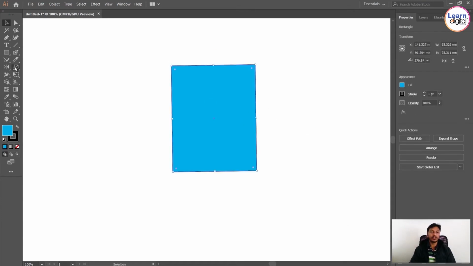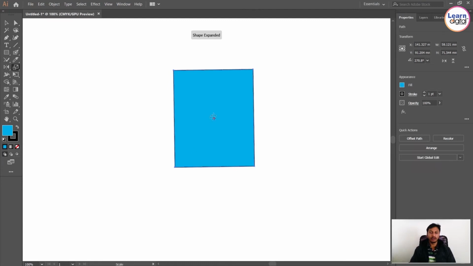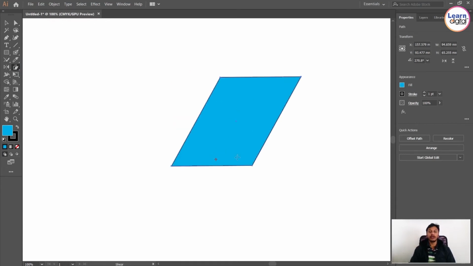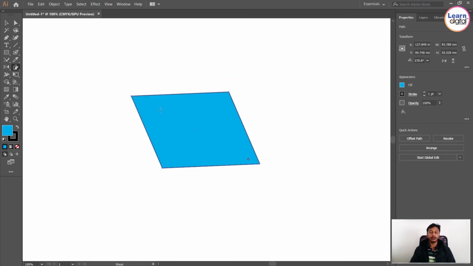Then the next one is scale. We just discussed scale, but if you are using this scale tool, click. This is our point, and from this area it will scale. If you click over here, now this will be the constant point. If you scale from that area, you can scale maybe horizontally, maybe vertically. In the same way, the shear tool. Click, so just bend. You can tilt. Wherever you are clicking, that point will be the constant point, so the other three points you can move easily.